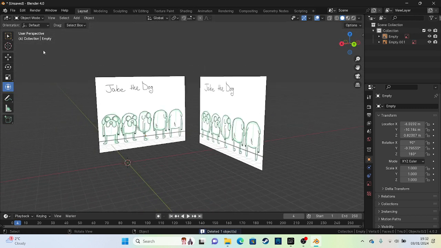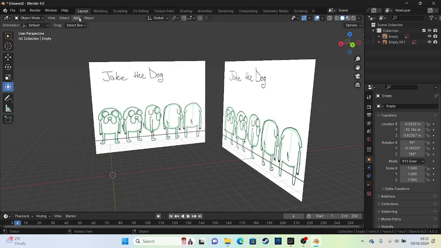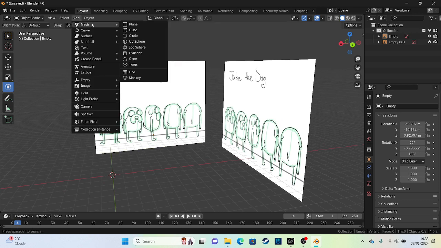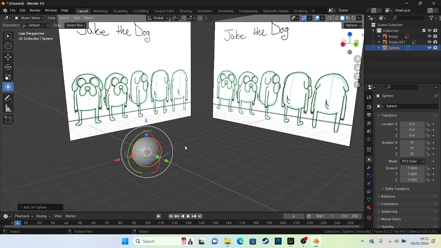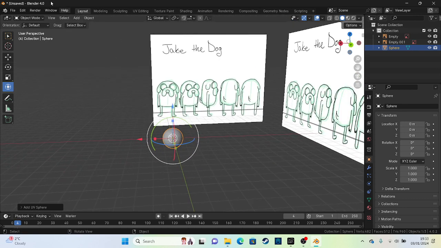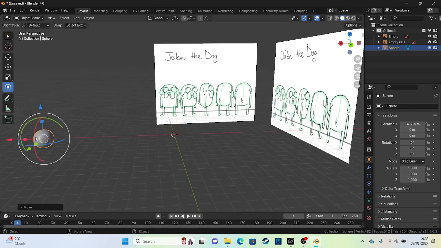So what I'll usually do at this point, like I say in all my videos, is the base layer, so the really simple shape layer, all separated out in parts so I can pose it later as well. So to do that, you just want to take a UV sphere and place it in. And then what I tend to do, you'll probably notice in the videos, is that I tend to do this straight away just so it saves you time. So if you push this over to the side,